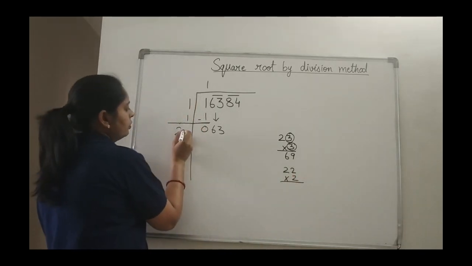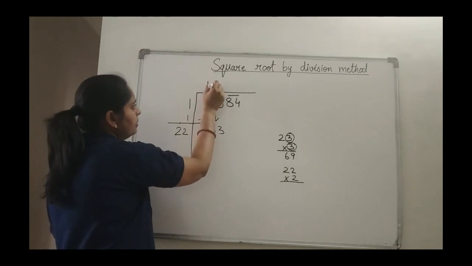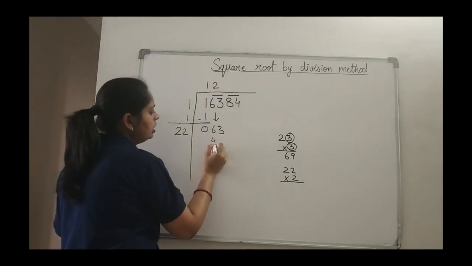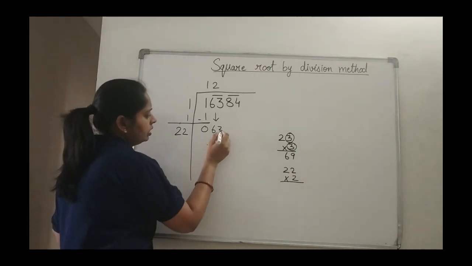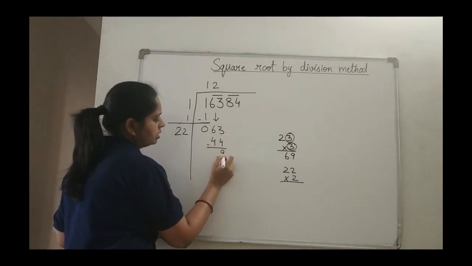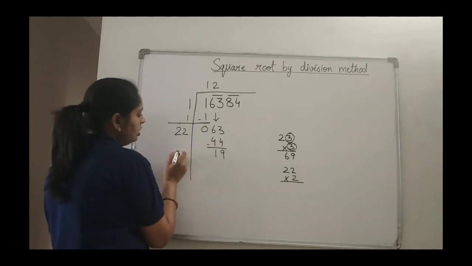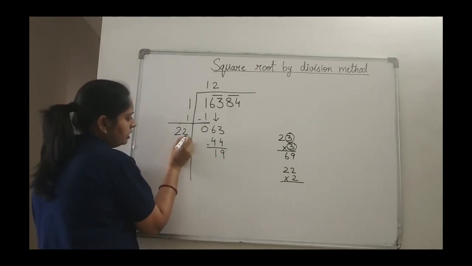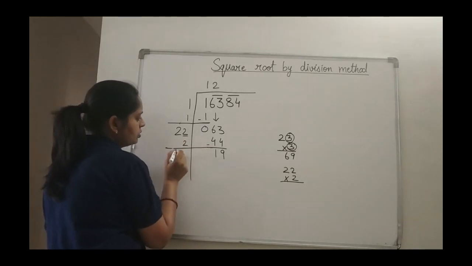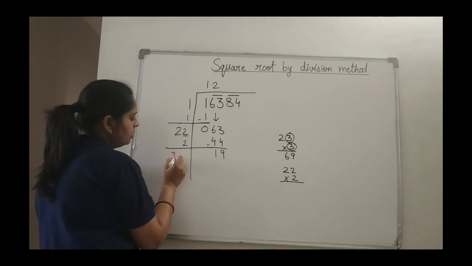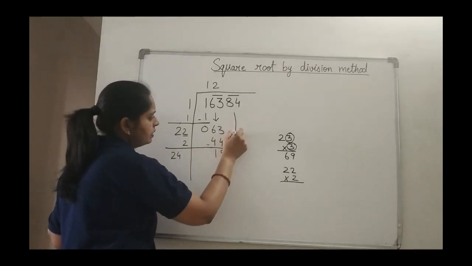If I am doing the entry of the digit 2, so I have to multiply by 2 only. So 22 multiplied by 2 will give you how much? 44. Again subtract it down. 13 minus 4 is 9 and 5 minus 4 is 1. Here whatever digit entry I have done, the entry of 2, I have to add only 2 in this. So 22 plus 2 will give you how much? 24, right?